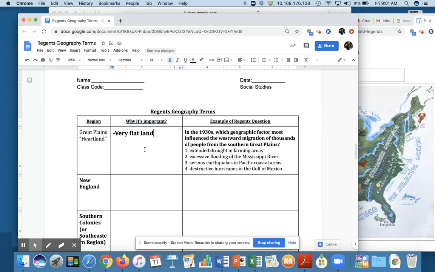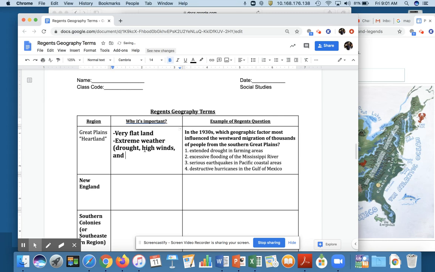And since it's very flat land, that's going to lead to extreme weather. When I mean extreme weather, you're going to see things like months without rain, extreme drought, extreme problems, and then it could rain, have the worst thunderstorm you've ever seen, a day later. It could mean that there's going to be tornadoes, there's going to be high winds. So we want to specifically put drought, high winds, and